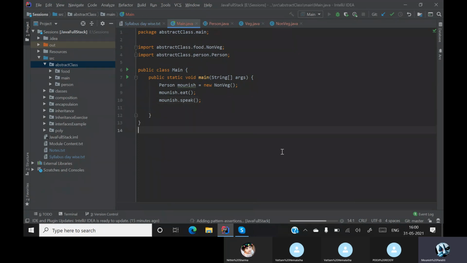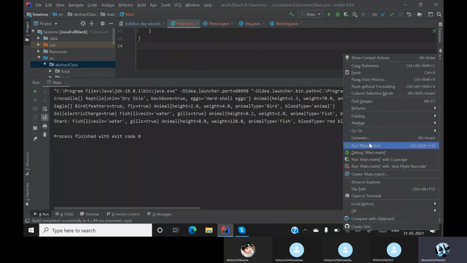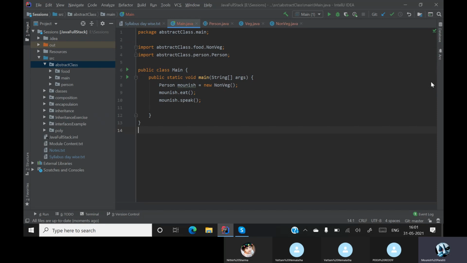Sorry, it is running some other program. I'll run this. I want to run this main, not that main. Now you can see that it eats non-veg and he or she speaks. Now you understood how you actually run an abstract class.